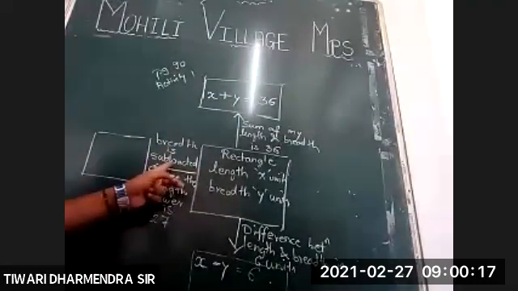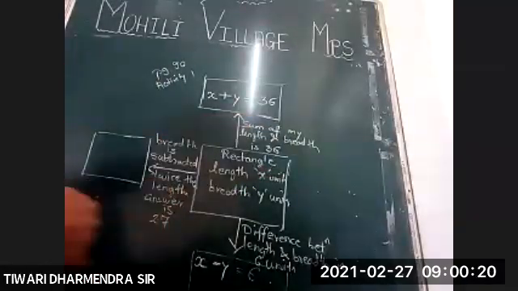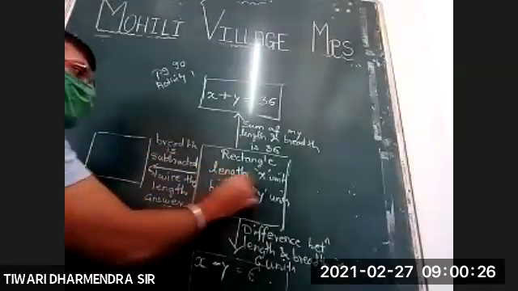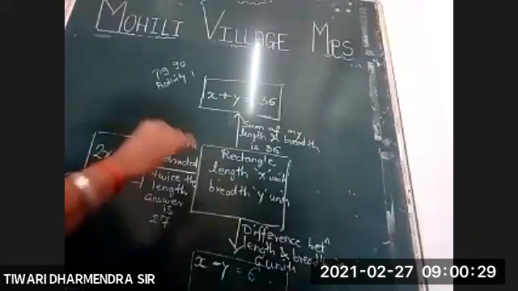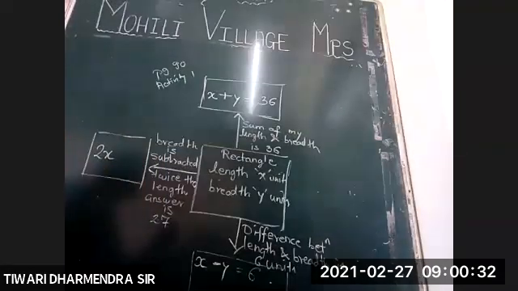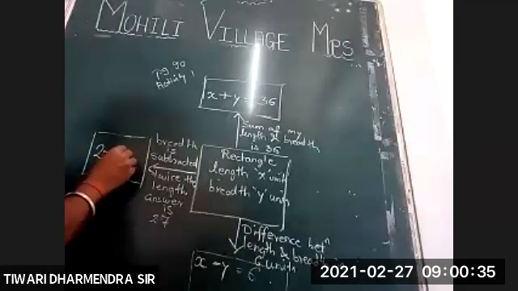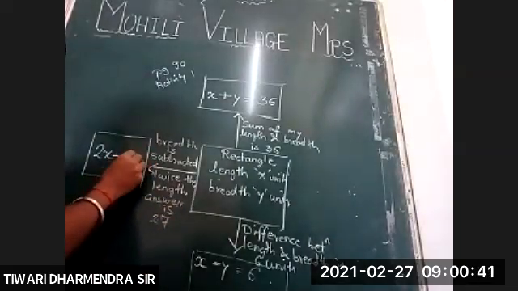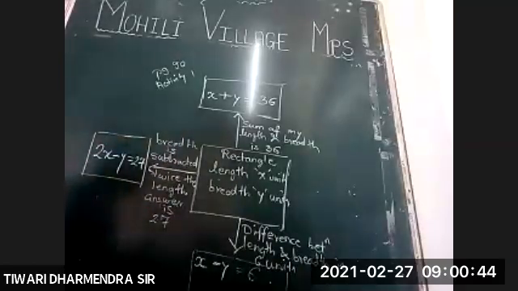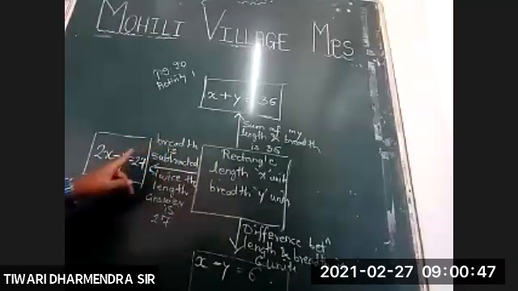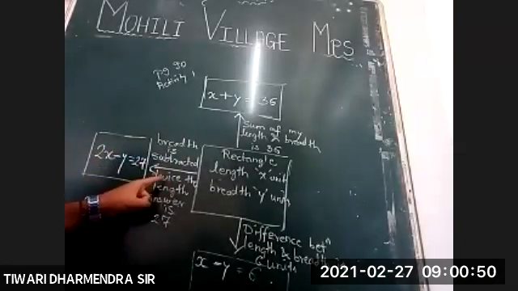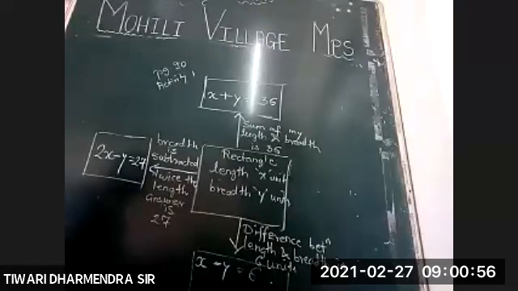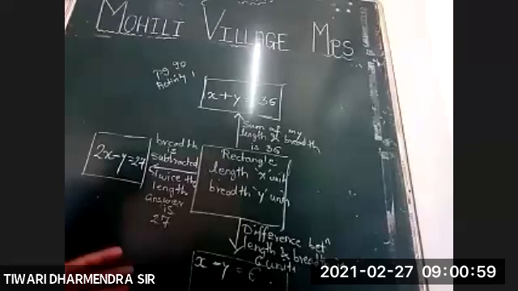We'll frame the equation. Breadth is subtracted from twice the length, means we are subtracting breadth from twice the length. So twice the length: length is x units, twice means 2 times x. And what we are taking out from twice the length is the breadth. What is the value of breadth? So minus y. And what is the answer that we are getting? Is equal to 27. Hope you have understood this. Breadth, meaning y, is subtracted, taken out from twice the length. This type of concept we have done in our last session, so please try to recollect it.